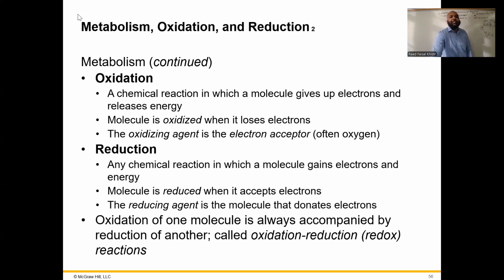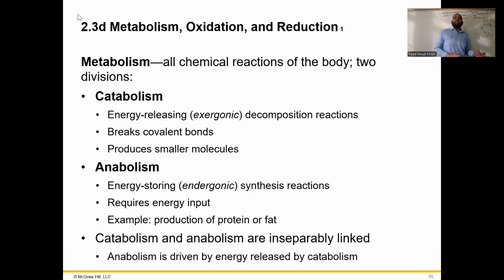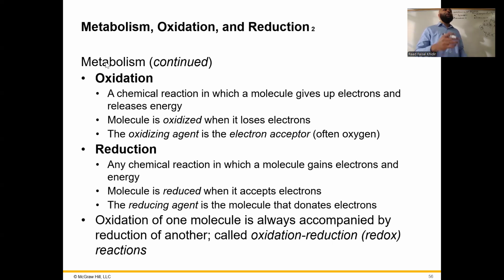So this breaking down of bonds and buildup of bonds is taking place through oxidation and reduction. Oxidation and reduction. So oxidation, Leo says Ger. If you lose electrons, you're oxidized. If you gain electrons, you are reduced. So in sodium chloride, who gained the electron? Chloride. So if you gain an electron, you are reduced. If you lose an electron, you are